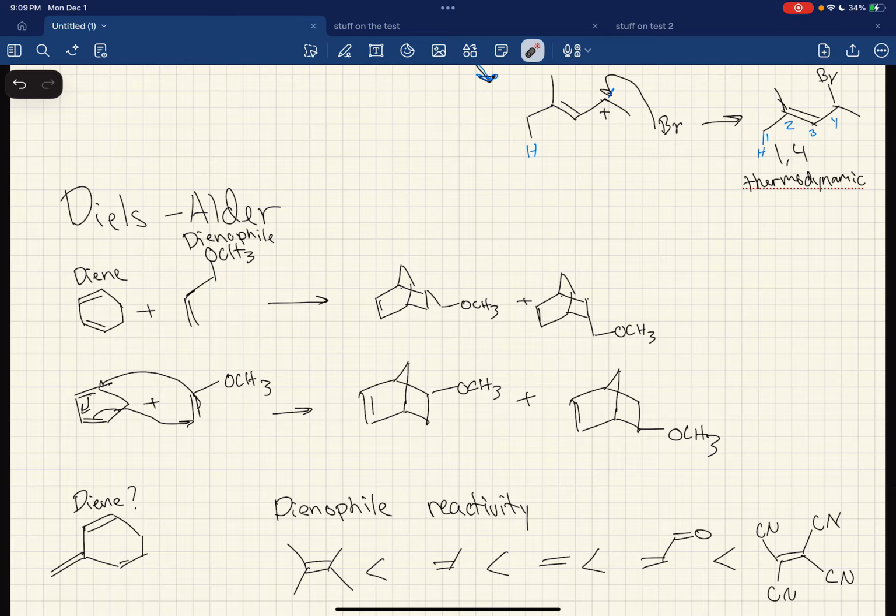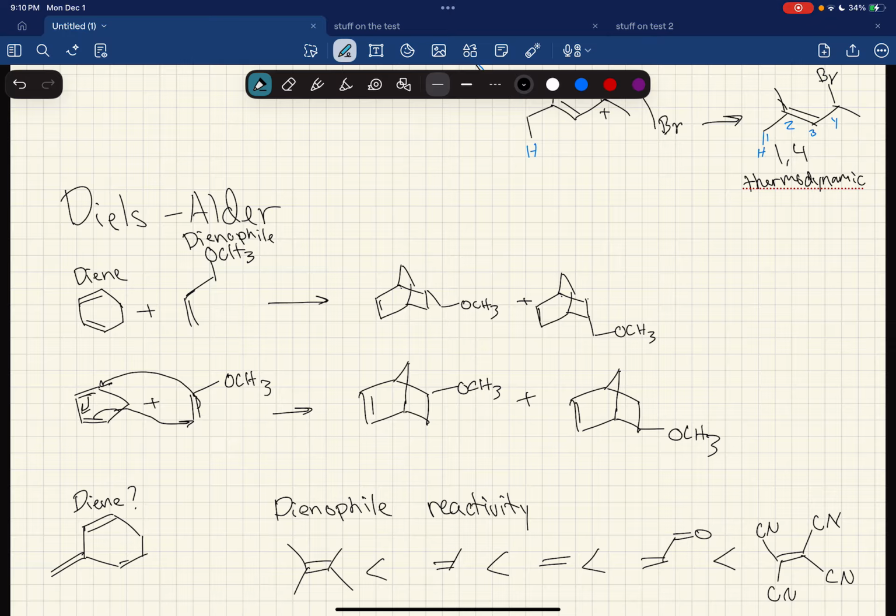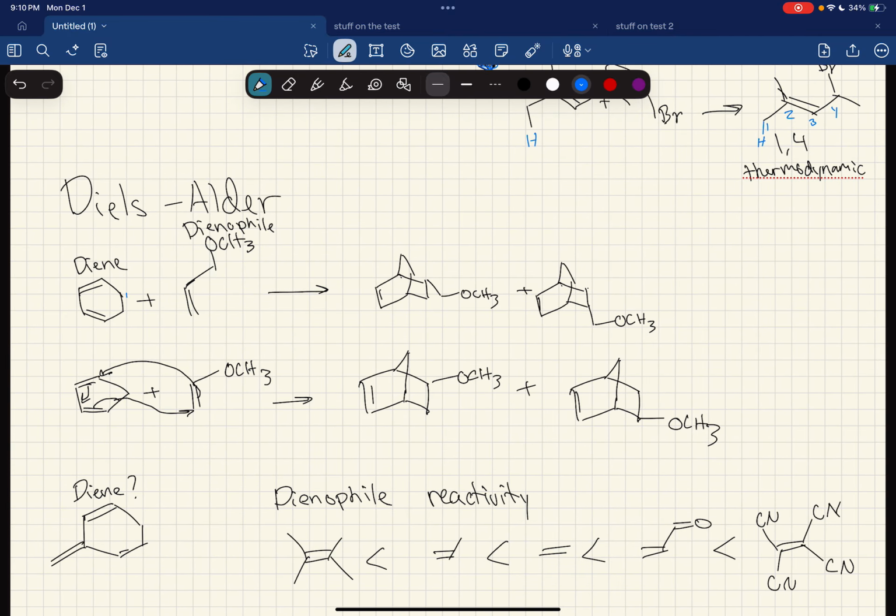So the mechanism is basically this is going to fall back into there. This one is going to come in and bind with that carbon, and then this double bond is going to come and bond with that carbon, which is going to form a funky looking thing like this. A lot of you guys got this wrong because it's really hard to draw these without practice. I would recommend that you number all of your carbons to make sure you don't lose your carbons on this one especially. So 1, 2, 3, 4, 5, 6,